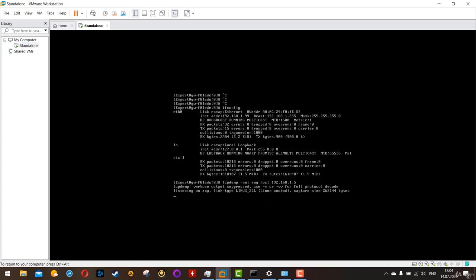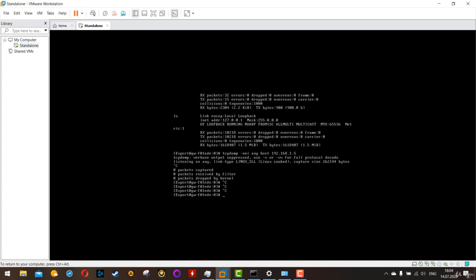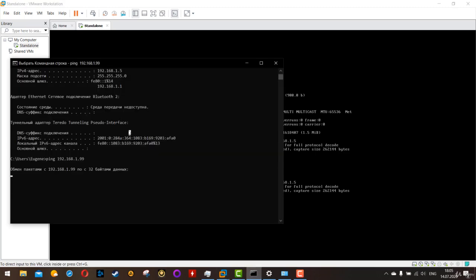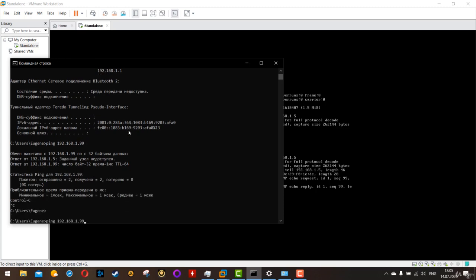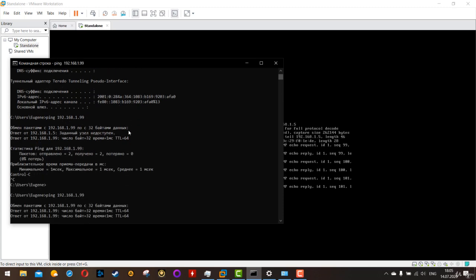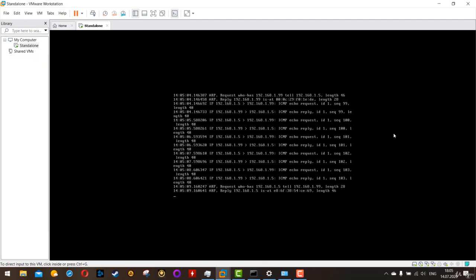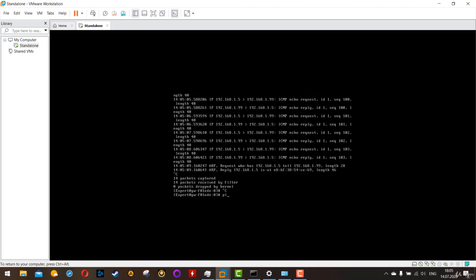All right, so now let's verify if I'm able to ping it now. So I'm just gonna rerun the tcpdump command and try to ping it again. Okay, there you go. We have traffic going on. Now we are able to connect. The thing is, you will not be able to ping it back. If I try to ping my host machine back, it's funny. Come on, where's my mouse? Let me get out from here. Ping